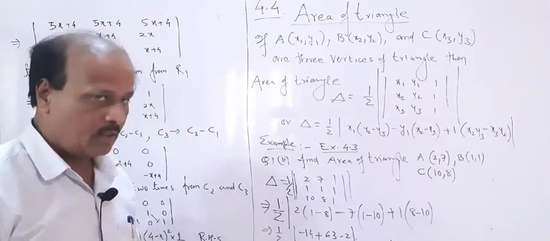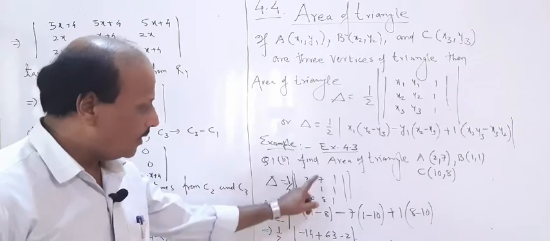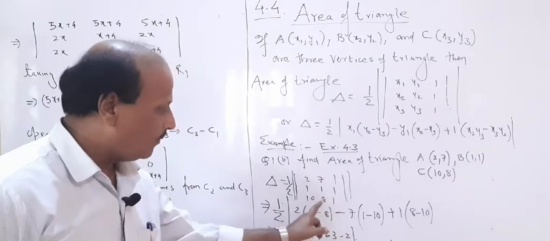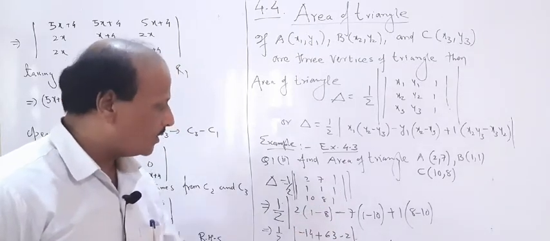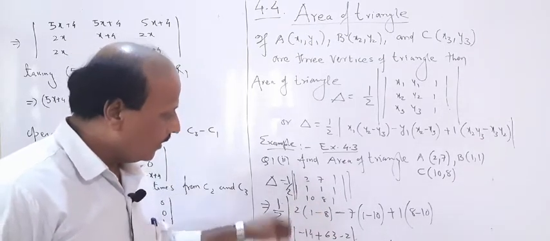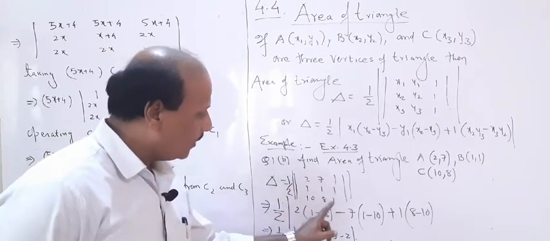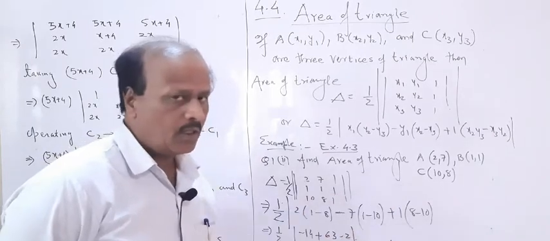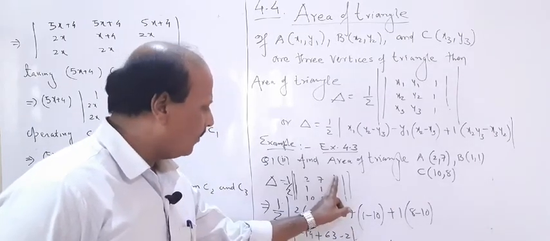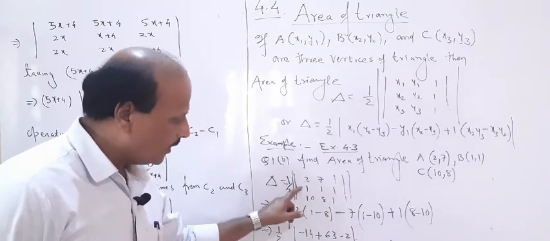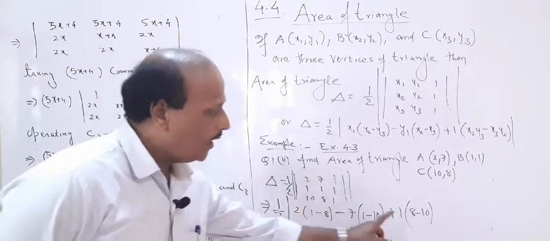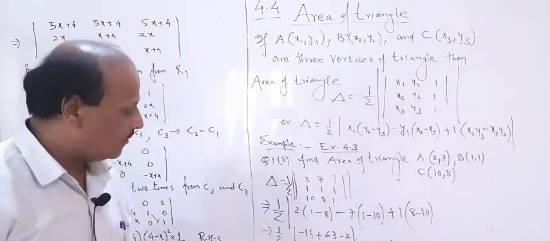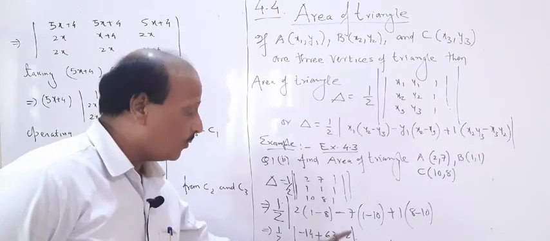Now it's a simple expansion as we did in the first exercise. Half you leave as it is. Then 2 times, 1 into 1 and 8 into 1: 1 minus 8, so minus 7. Then you expand with respect to this, 1 into 1, 1 minus 10. Just expand it like in the first exercise. Then 1 times, you expand 8 into 1, 10 into 1, 8 minus 10. You simplify it as we did in the first exercise. You are going to get minus 47.